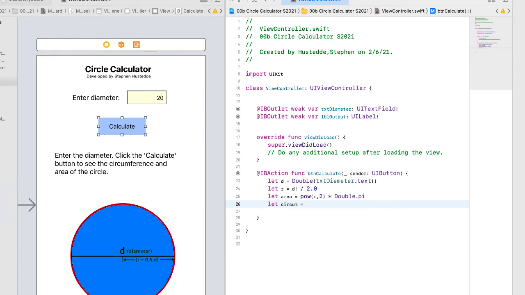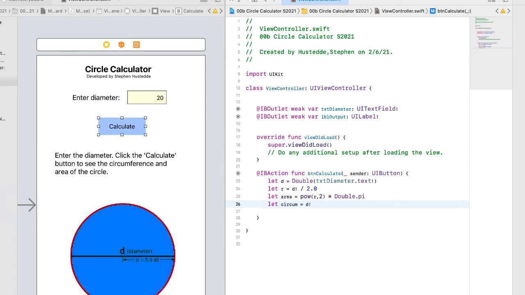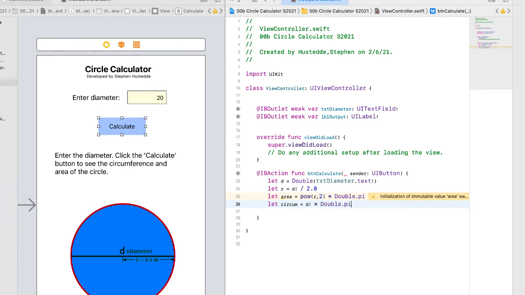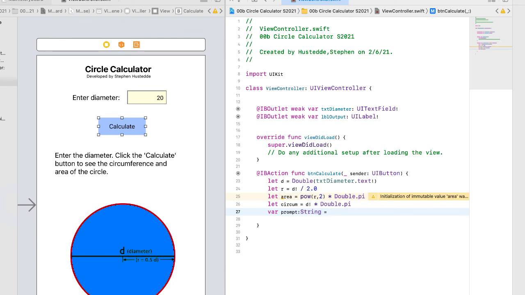equal, and again, I'm going to take the diameter as d and multiply that by Double.pi. I could have done 2r as well, 2 times r instead of the d. And then I'm going to create another variable. So it's going to be a string variable. I'll go ahead and type it as String, and it's going to equal circumference